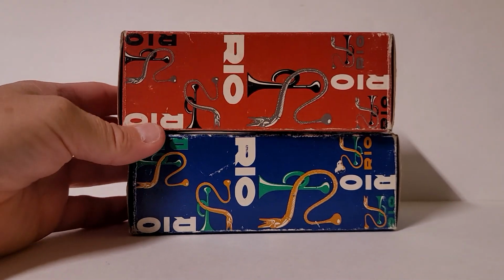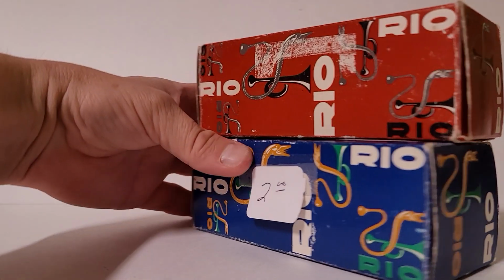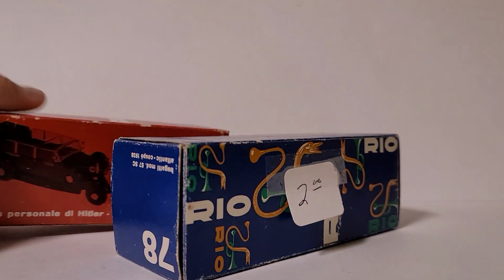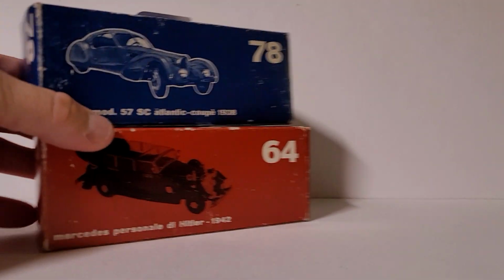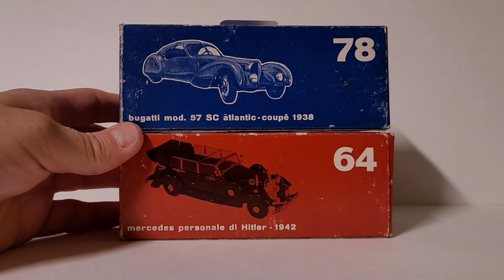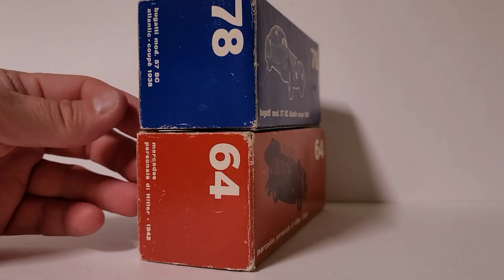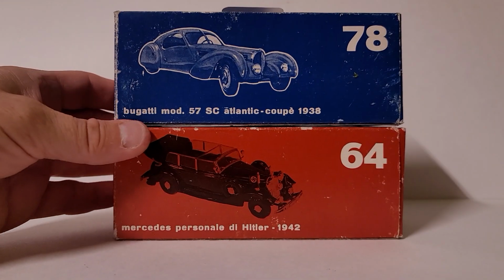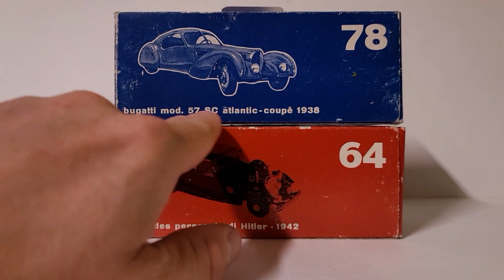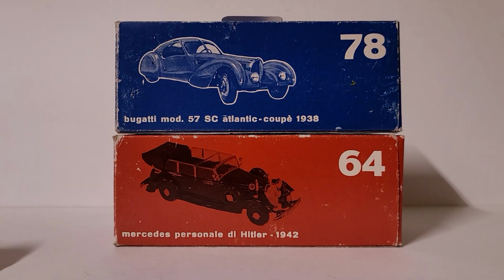And he scored me these two, and I really super appreciate them because I've been after these for a while. Every time I make an offer on eBay, it gets denied, and I just haven't gotten around to buying these for whatever reason, even though they're amazing, and I've definitely had them on my list of cars I want. So this is the Atlantic Coupe, the Bugatti Type 57 SC, and this is Hitler's